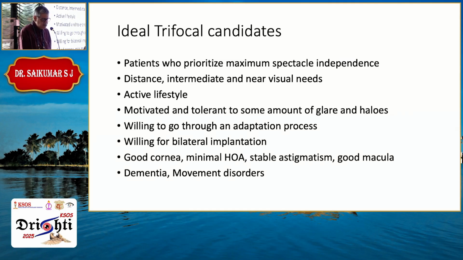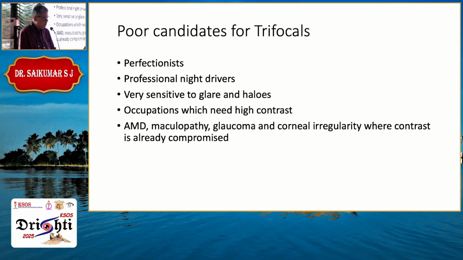I have found these lenses very useful in patients with dementia and movement disorders. Patients who just can't stop losing their spectacles all the time. They don't remember where they have kept their spectacles. They have a lot of movement disorders in their hands. Although vision is not too great in them, because we get a lot of central Parkinsonism patients where there is very minimal tremor, but they have a lot of central Parkinsonism. Even after a very good lens, they find it very difficult to read. I think it has something to do with accommodation. So although the vision quality may not be very good, the very fact that they don't have to wear the glasses gives them a lot of